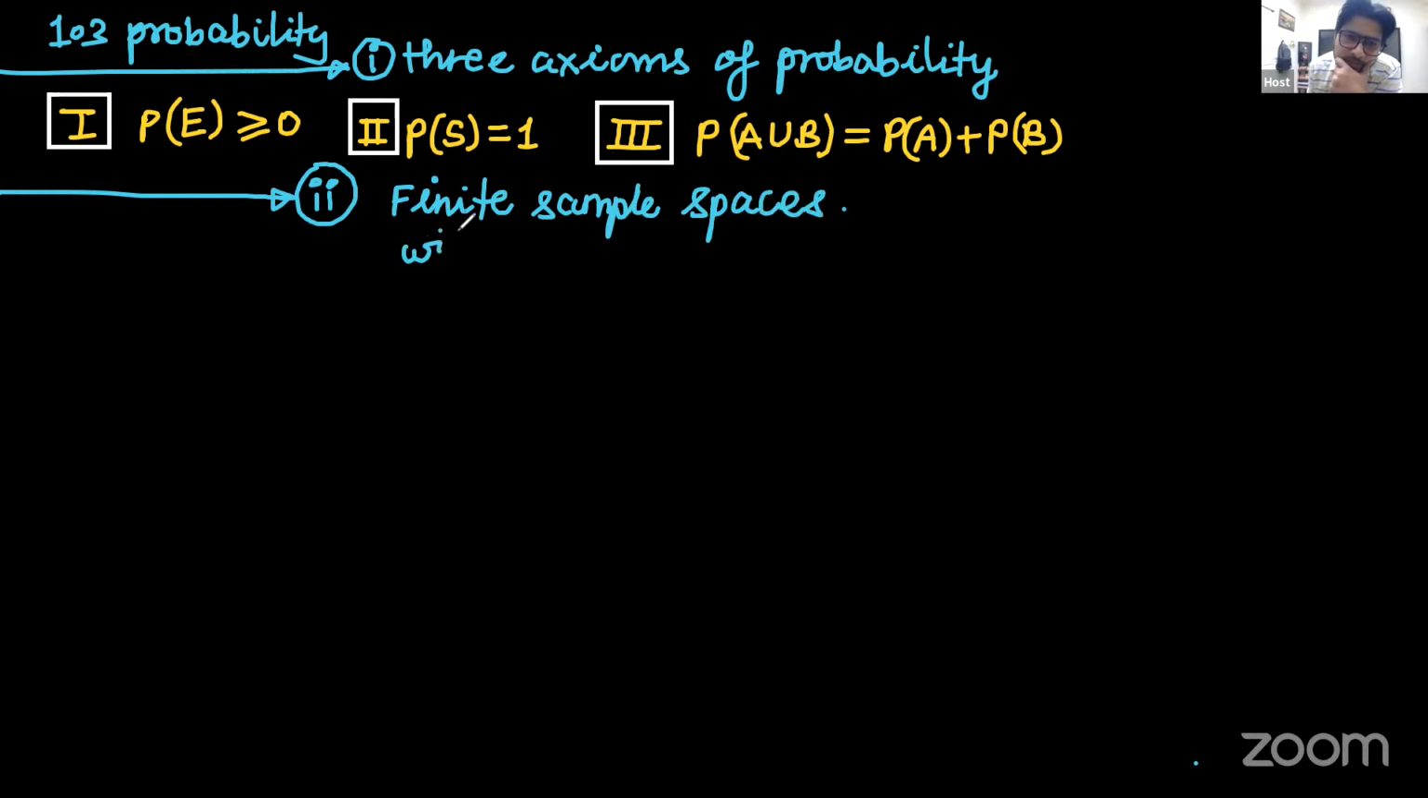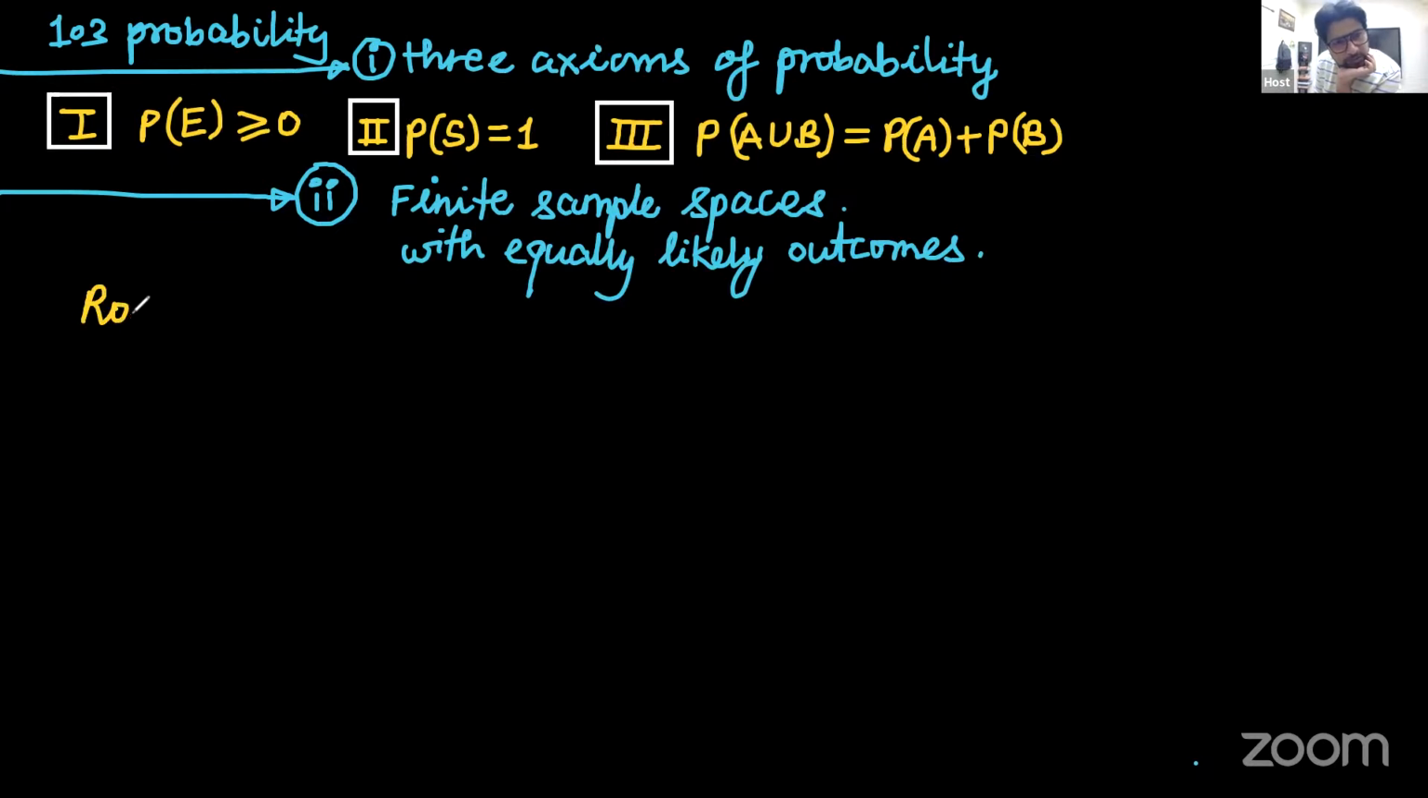Finite sample spaces with equally likely events, or equally likely outcomes. Finite sample spaces with equally likely outcomes means what? Means that